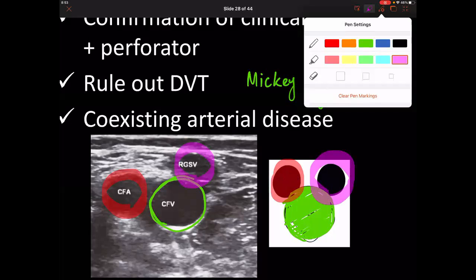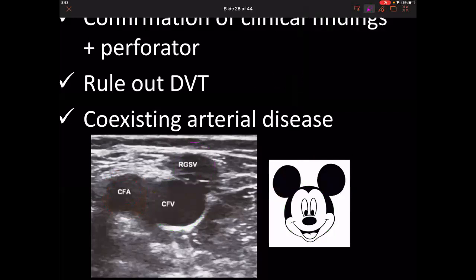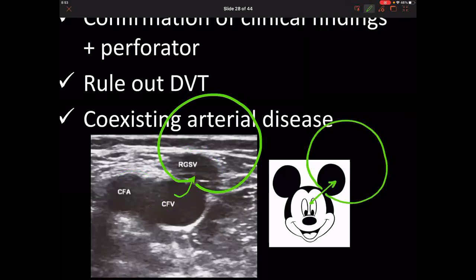Now, what happens exactly in a Mickey? Which one is the largest out of this? Simple, sir. This is the face of the Mickey. This is one ear of the Mickey. This is another ear. If there is a reflux or an SFJ is incompetent, what do you feel is going to happen? If this valve is incompetent, then what is going to happen? So one ear of the Mickey will be much larger than the other ear. So this sign is called the Mickey Mouse sign.